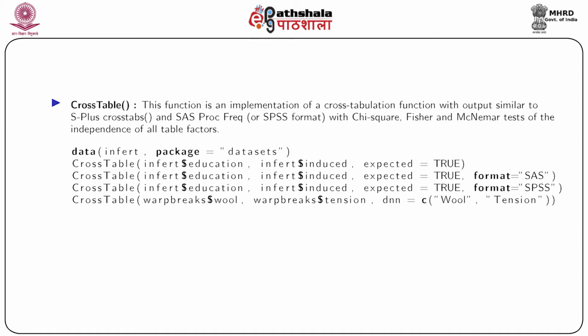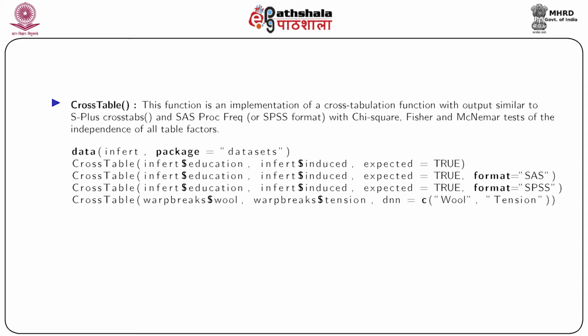So this procedure can be performed using the cross-table function, which is similar to SAS's proc freq function. What it does is it takes the data and cross-tabulates it, just like we theoretically do in statistics, and keeps account of the frequency of every possible combination of the two factors. So when we call the data inferred from the package's dataset using the cross-table function, we can cross-tabulate the data